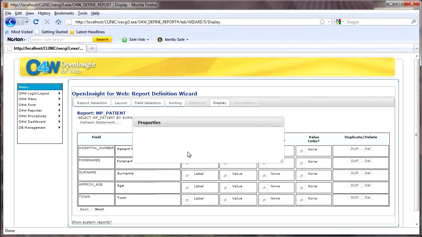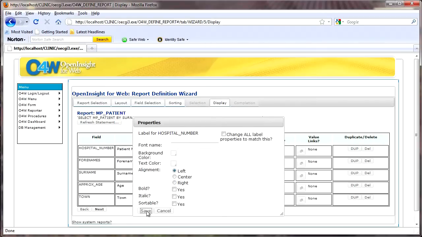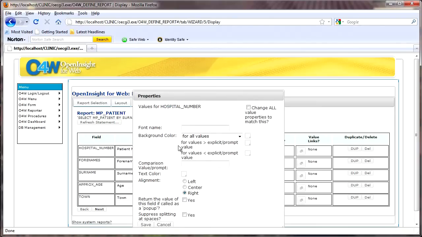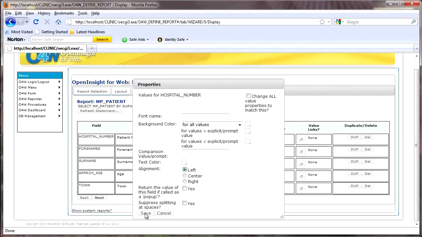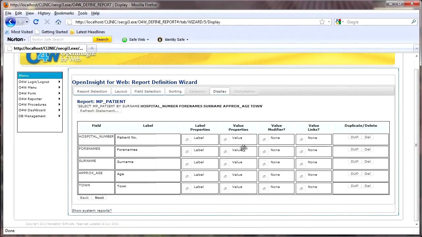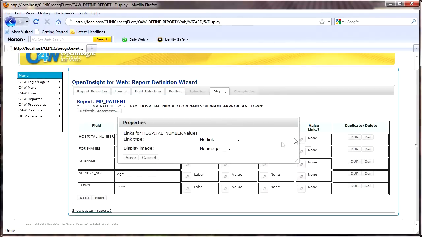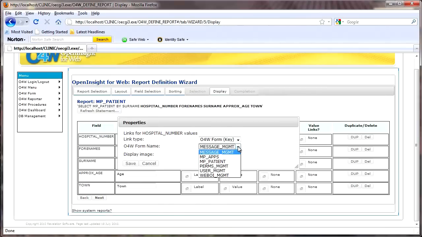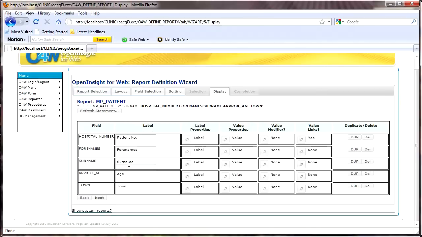The label, I'm going to keep all of those left aligned for the moment, and we'll change this to left as well. The value modifier, none. Value links, none, and we'll leave the duplicate and delete. So actually what we could do, if we were to change the value links and change the link type to an O4W form, and we'll have MP patient because this is a patient listing, then we can link out from the report to the form. So we'll go next,